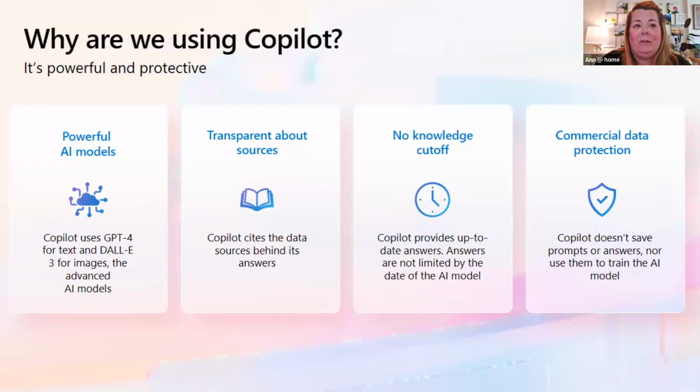The things that I love about Copilot: it is citing data behind its answers, so it's transparent about sources. There is no knowledge cutoff. Copilot provides up-to-date answers, and answers are not limited by date in an AI model. And commercial data protection exists inside of Copilot as well. Copilot is not saving prompts or answers. No human eyes ever see it, and it is not used to train the model. So these are things as an educator I feel proud to share,